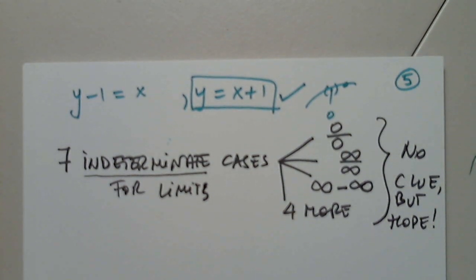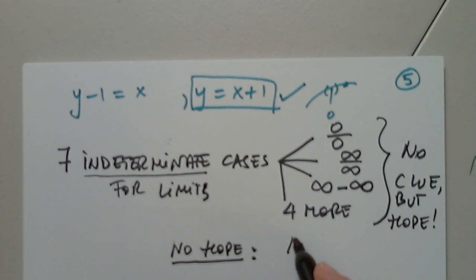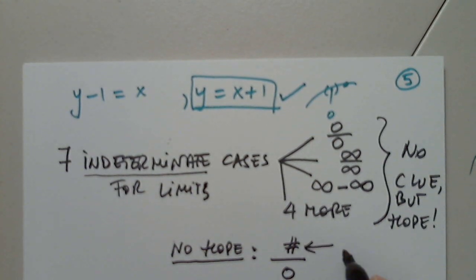No clue where it's leading us, but there is hope. Versus, what is the one with no hope? Let's review that. Can anyone tell us what is the one with absolutely never hope? It's a positive number over zero. Any number over zero. Exactly. So this could be anything,